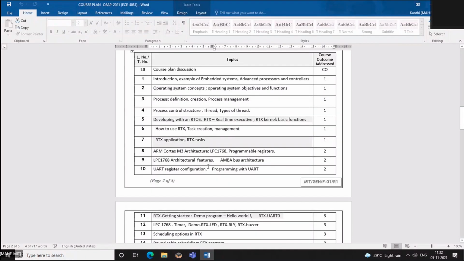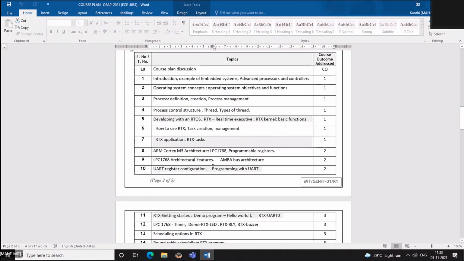So from the beginning, please refer the book, the Stallings as well as the code which I have shared, and try to understand and analyze the code program given in RTX and the RTX functions. Maybe I'll upload the RTX manual to understand the different functions used in the RTX.